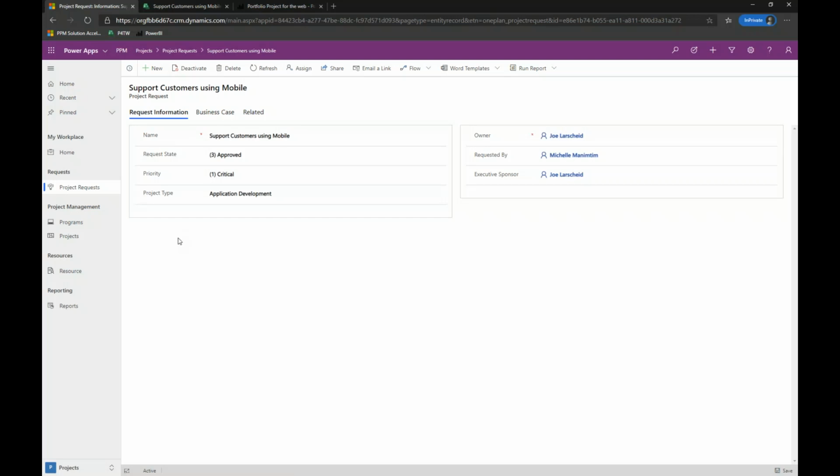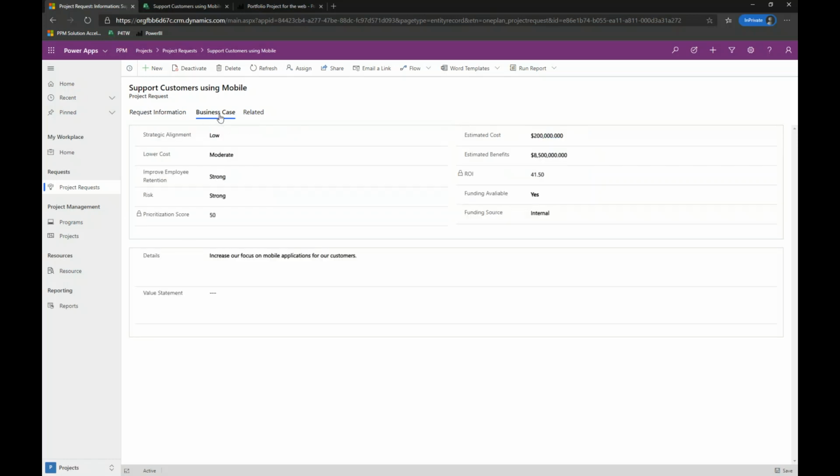In the basic request information form, you'll see we've captured the name of this request, its current state, this one's been approved, its priority, and of course here also the project type, because we allow for you to categorize your projects based on different types or approaches towards delivering work. In the business case fields,